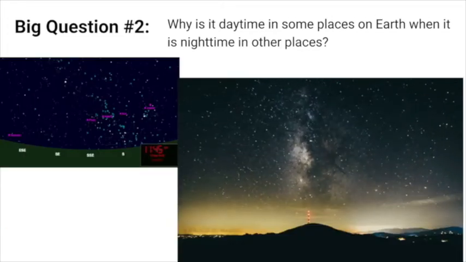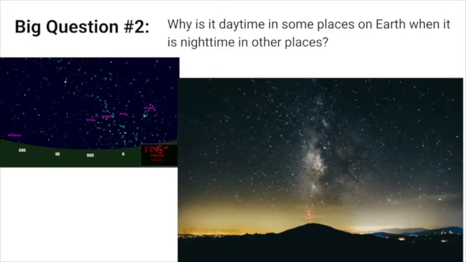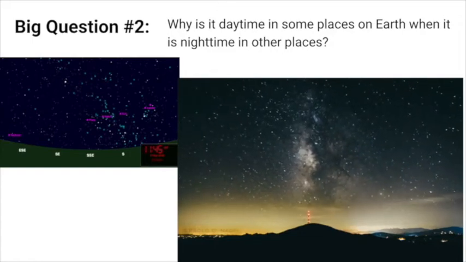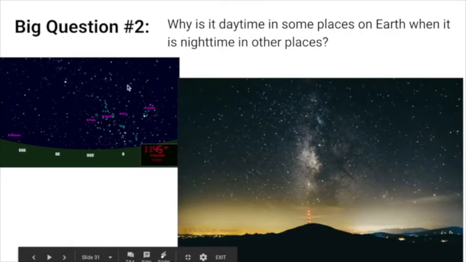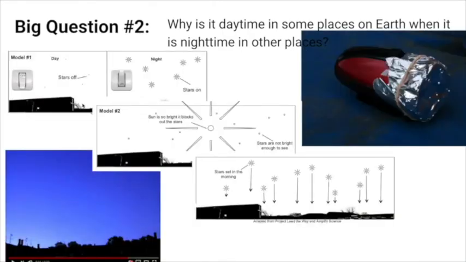Students begin to answer this question by observing how the stars move across the sky. You can either download an app for the tablets if you have access to tablets, or go to a website that allows you to change the time and watch the stars move across the sky. Students use their observations in the next lesson to try and figure out why you can see stars in nighttime